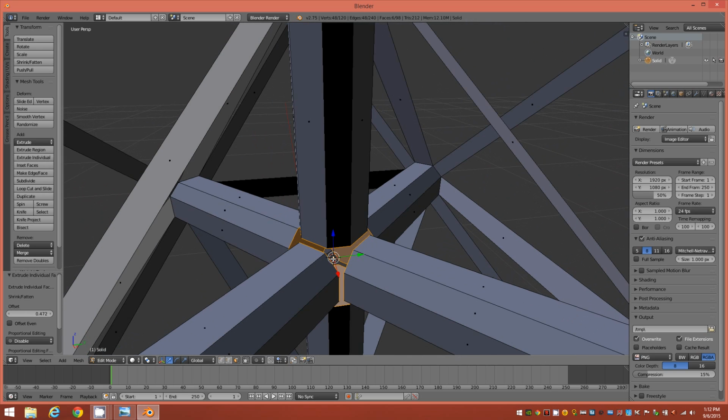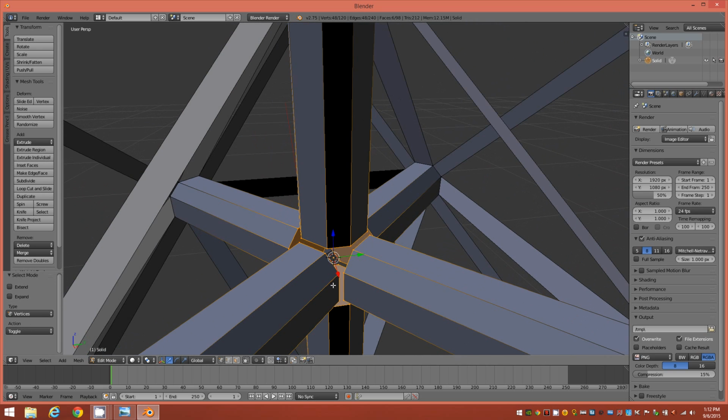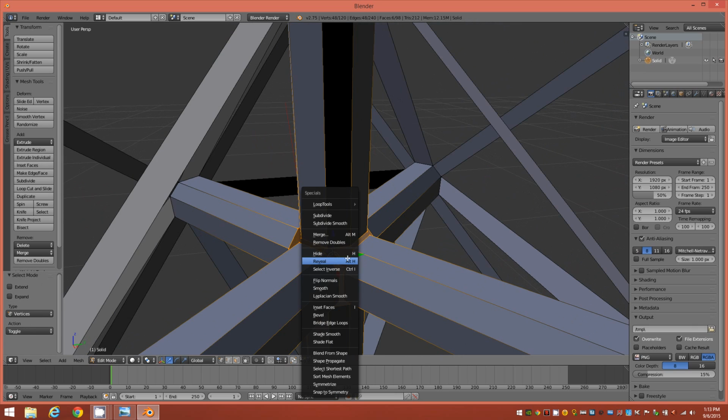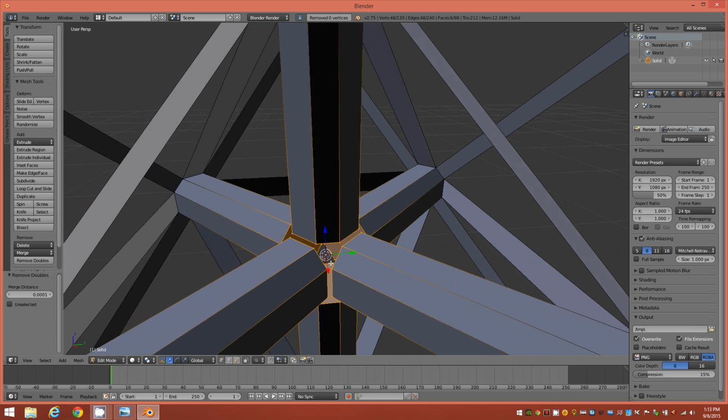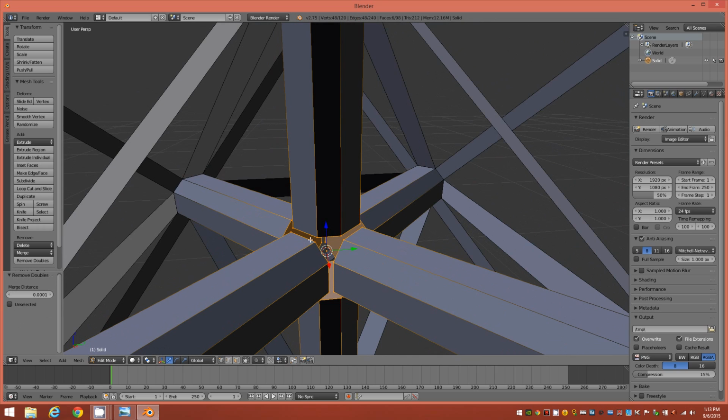The next step, we're going to tap into our vertex mode with our faces still selected. Tap into vertex mode, and then tap your W key to bring up specials, and we're going to choose remove doubles. Okay, and this is why I wanted to keep a little space there. Okay, because now when we remove doubles,